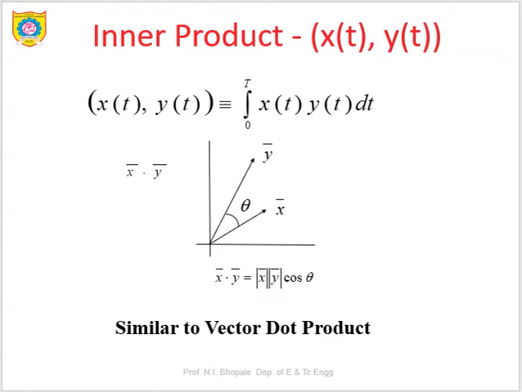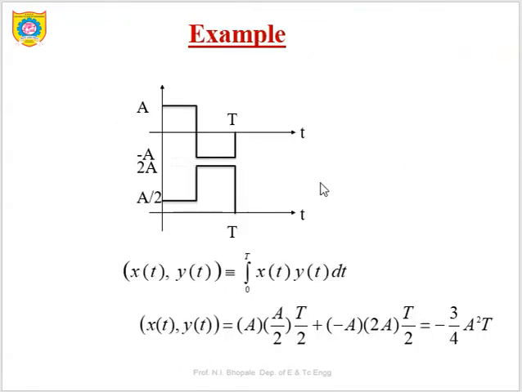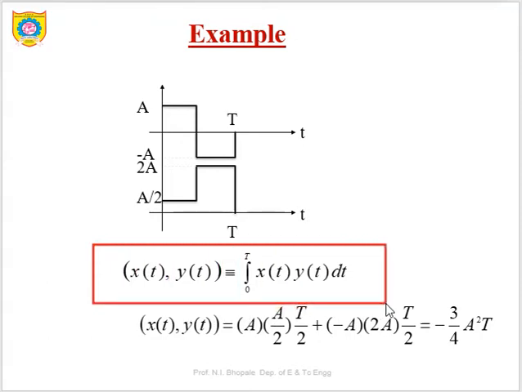Now let's look at the next. This is a simple example which will give the idea regarding the inner product or the orthogonality condition also. Let's say this is one waveform and this is the second waveform. From these two waveforms, when someone goes for the x(t) y(t) relation, what exactly is their relation, and whether they satisfy the inner product or not. For that, let's apply the inner product.